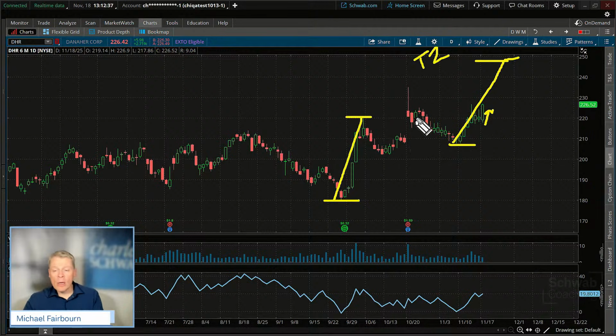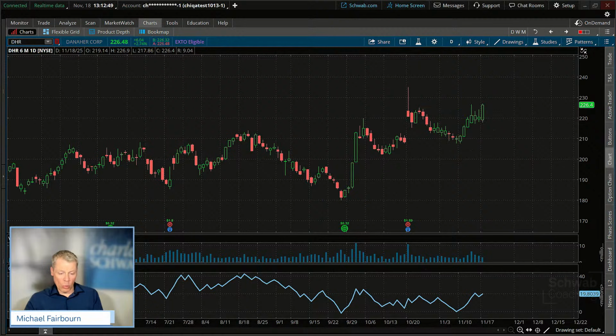If it were to hit that, this would be using this higher point, as we said right here, that would be a T1, and we sometimes will take the trade off at a T1 as well. Now take a look at this with me. As we measure this along here, that is a prior resistance level. We touched right there, we sold off. Here we are again, maybe to break above if we get a hold there, but look at that volume. And the volume's been a little bit light coming up. It's okay, but it's just something to keep in mind.